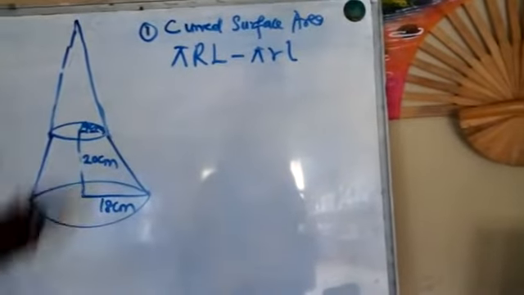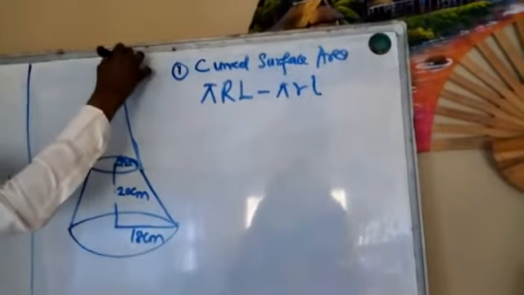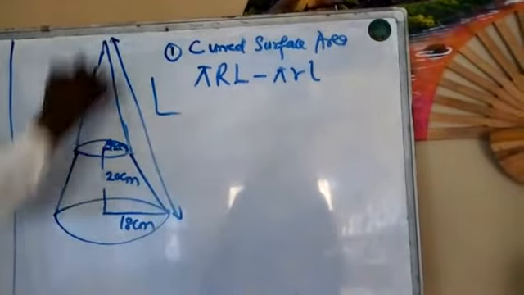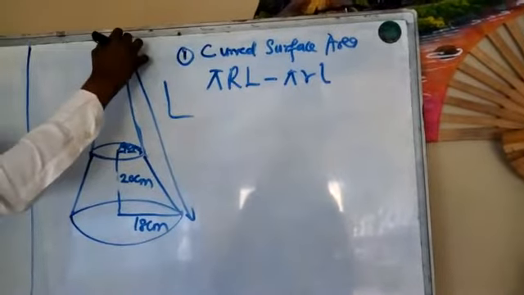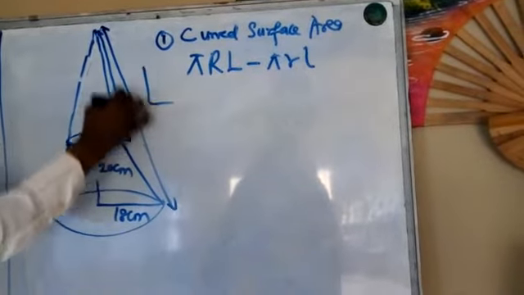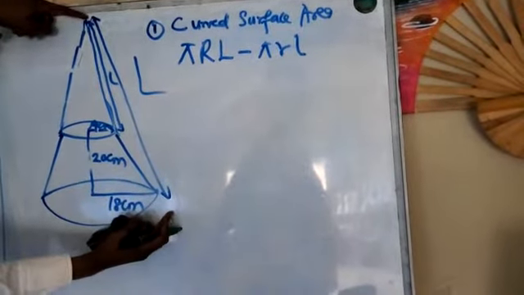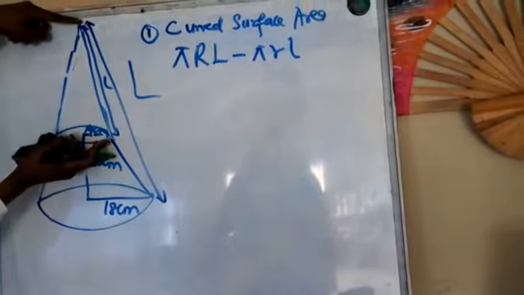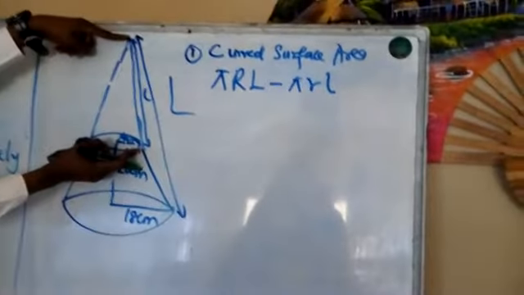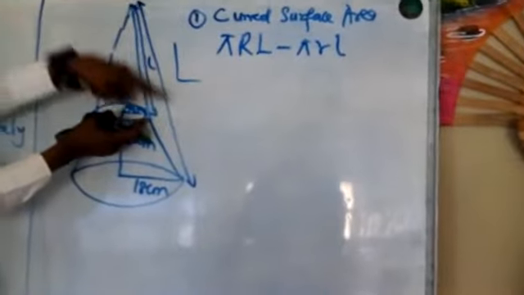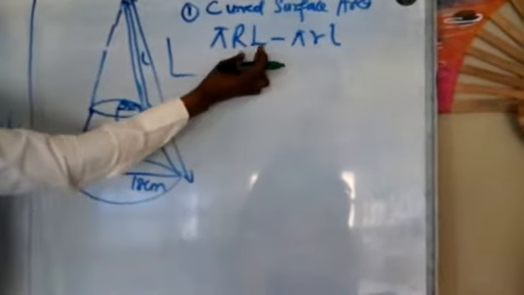All right. So from here down to this place is the big L we are talking about, while from this point to this point here is a small l. This is a big L from here to the bottom, while the small l is from the top to this top here. Are you getting it now? So this is the small l. So we need to find the value of L so that we'll get a parameter to substitute here, because it is not given in the question.